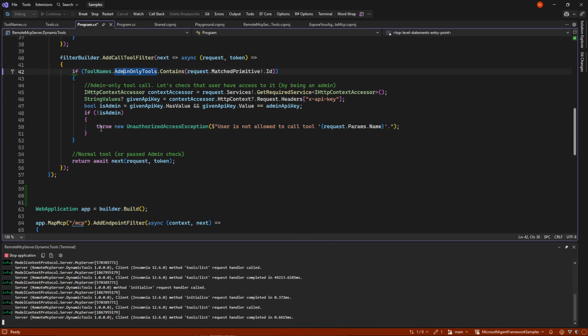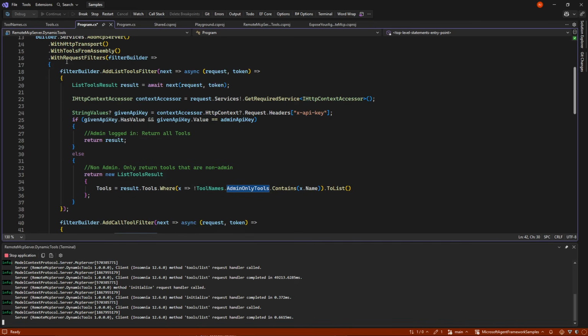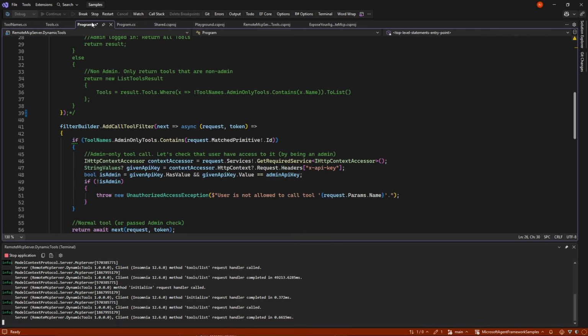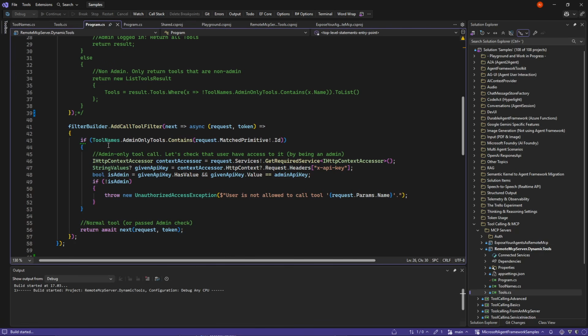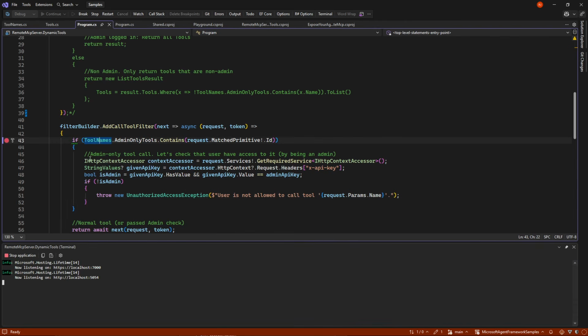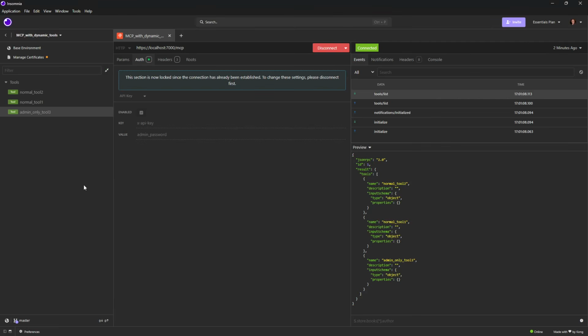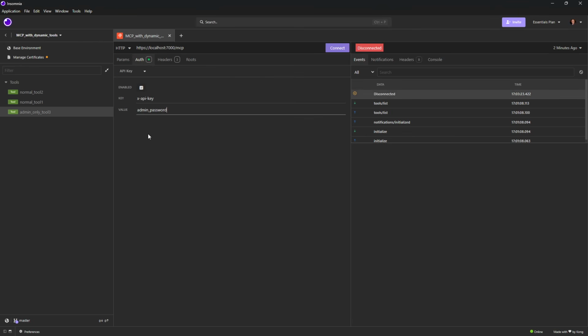So right now I can't really show you this unless I actually take away the filter, because Insomnia that I use for the testing of the MCPs will not be able to. But if I do it like this and add a breakpoint here, we can now go in, disconnect, and log in as a normal user.